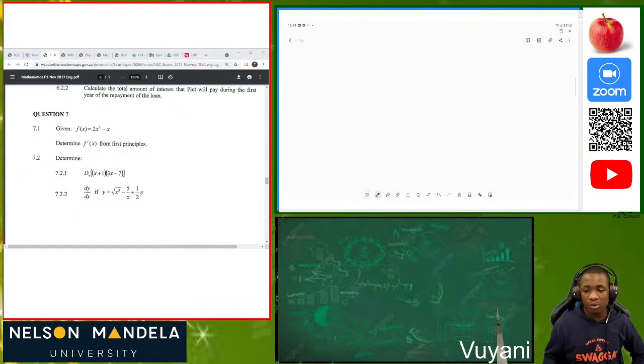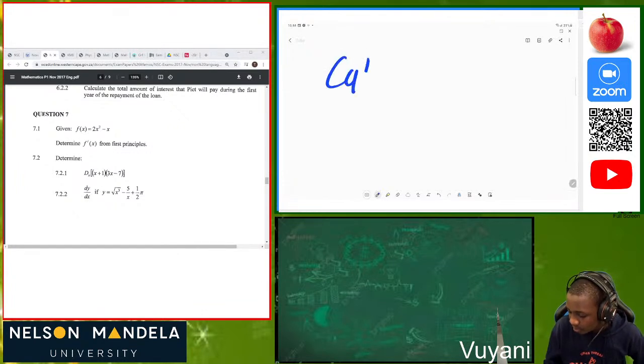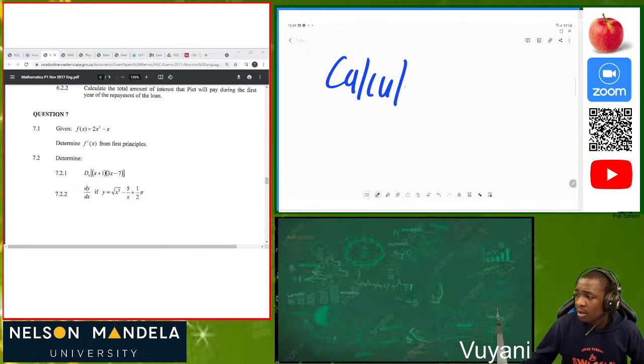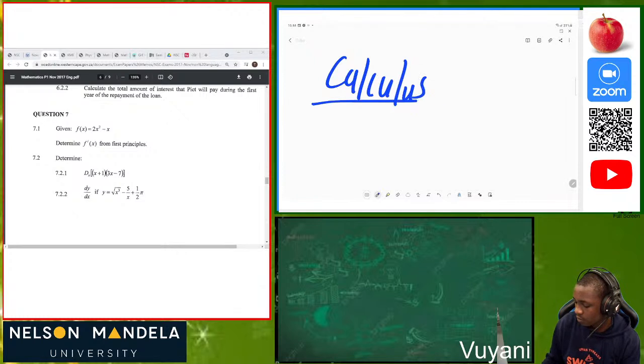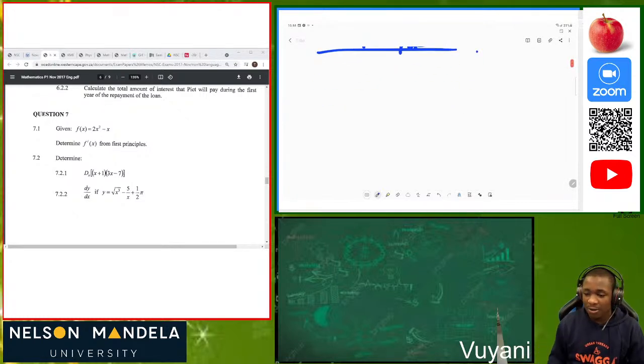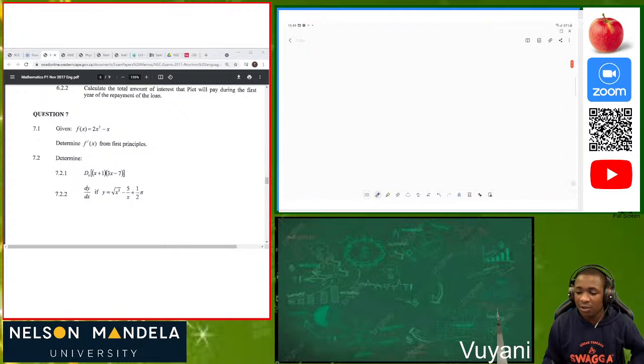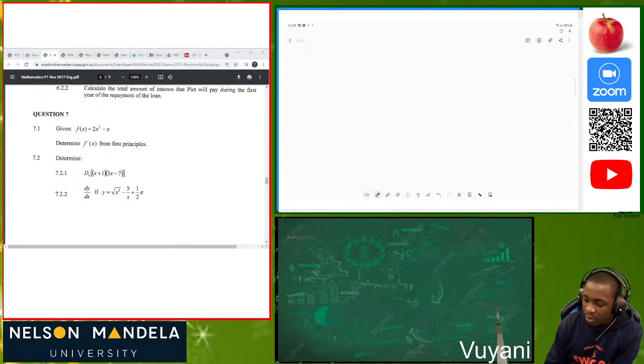Going down to what we're going to be doing today, we'll be doing calculus. It's a beautiful, nice topic which is so important, which we all have to know, so essential, and it carries a lot of marks. So on calculus today, I'm just going to give you an overview of what is important under this topic. So firstly, we have to know that we have the